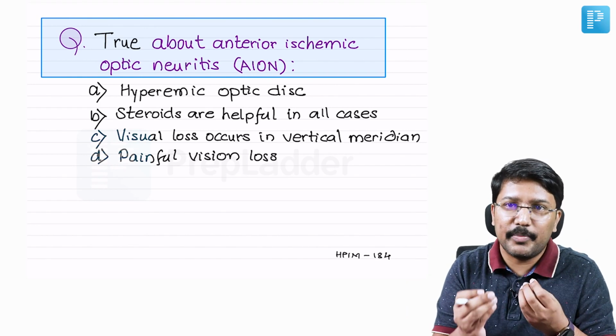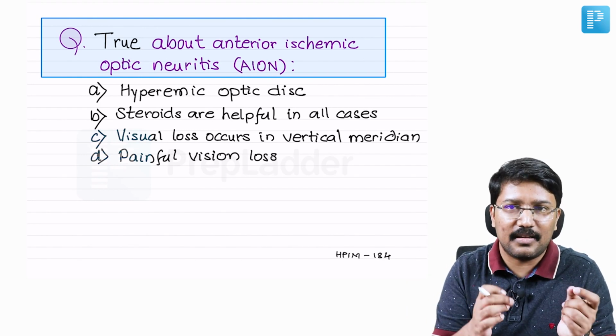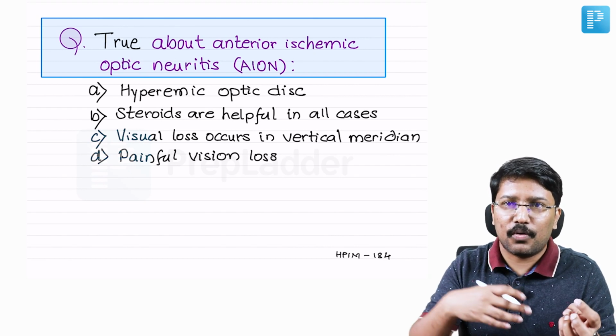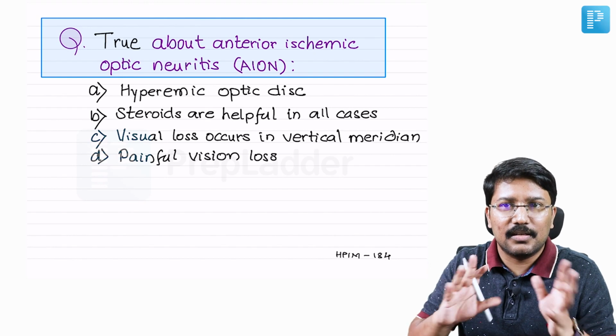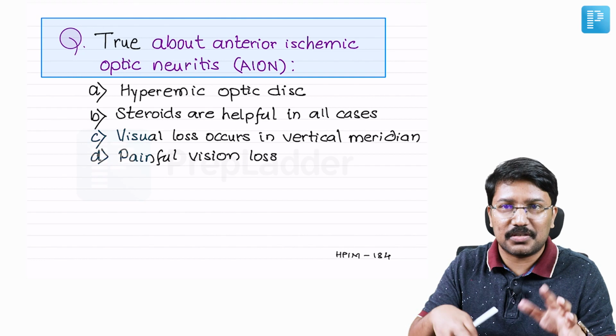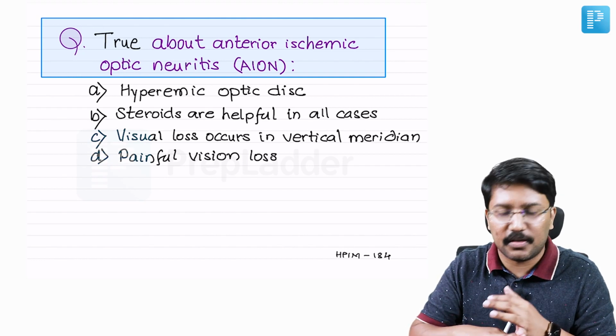And he also talks a little bit about the arteritic and non-arteritic anterior ischemic optic neuropathy. And also I think he talks a little bit about sildenafil and its involvement. So I might have framed, if I remember correctly, one or two questions around this topic in the PrepLadder Q Bank.